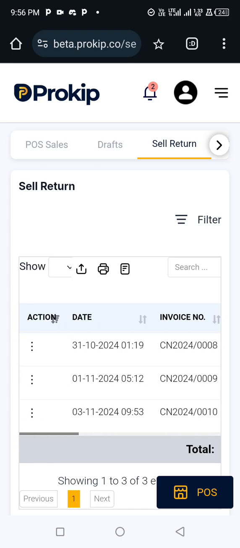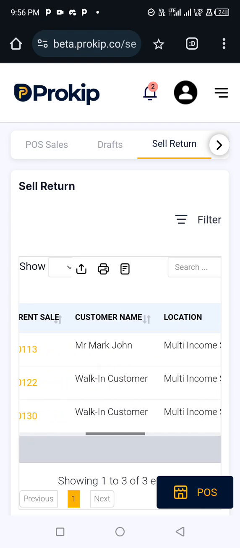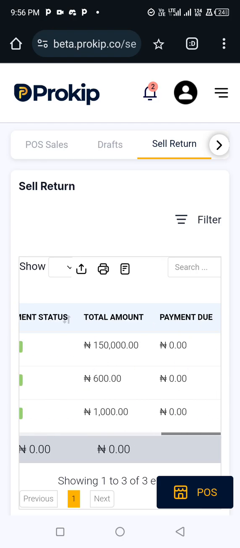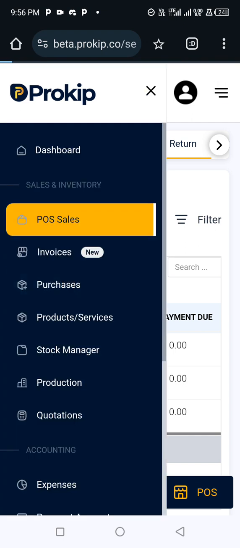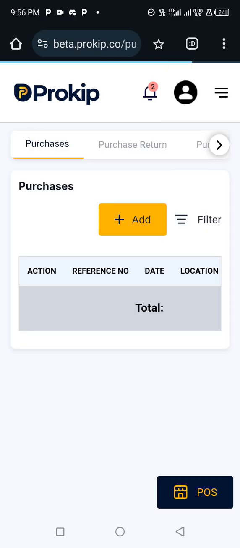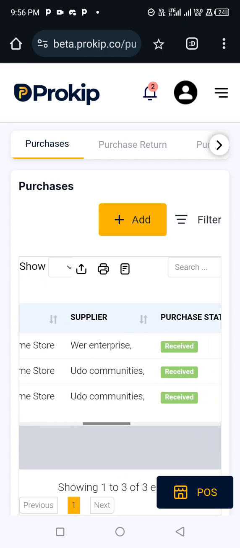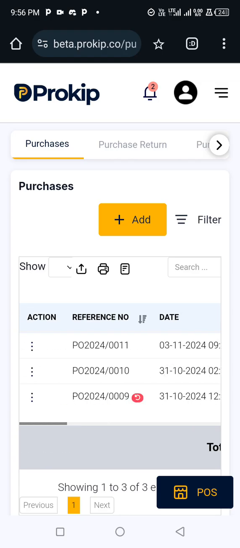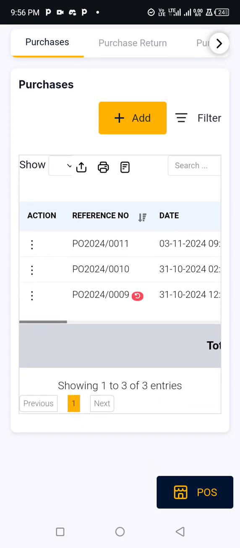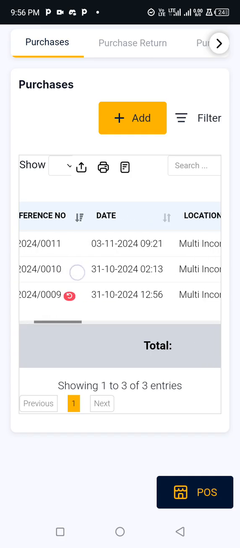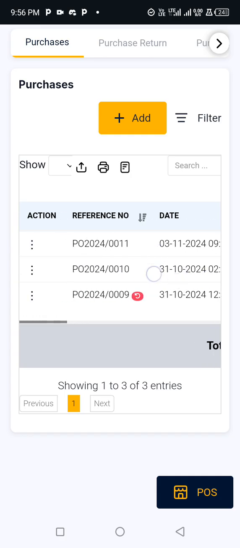You have bought from the seller and maybe some have gone bad and you want to return them. So let us go to menu and you go to purchases to locate the transaction. Let's say the last purchases that we did, we bought 5 from WER Enterprise. So, and maybe let's say 2 of the products got bad and we had to return to the seller. So you locate the products on purchases